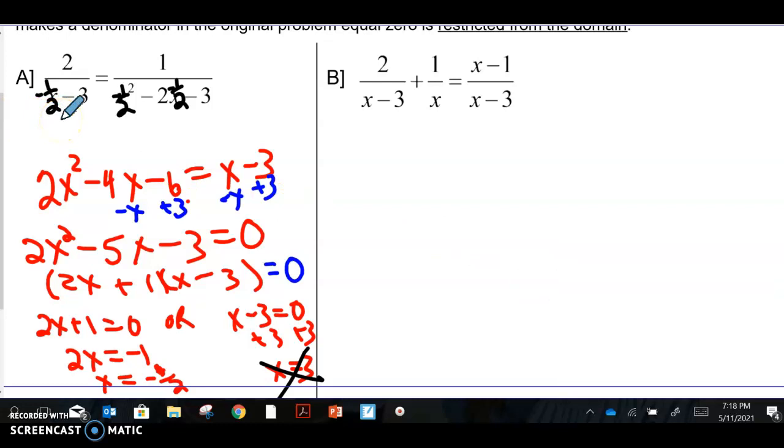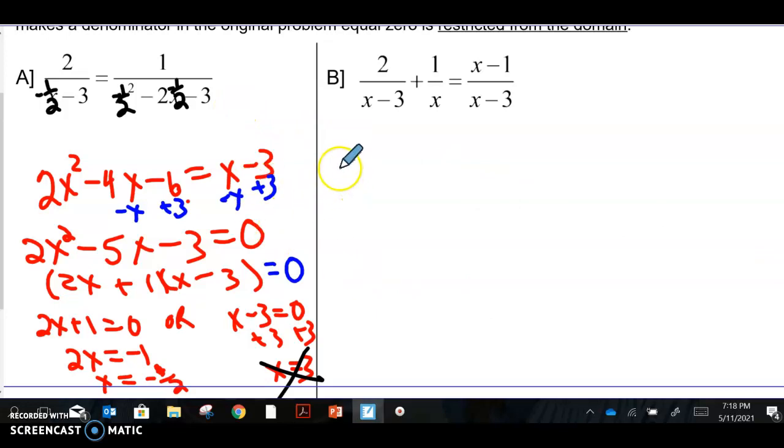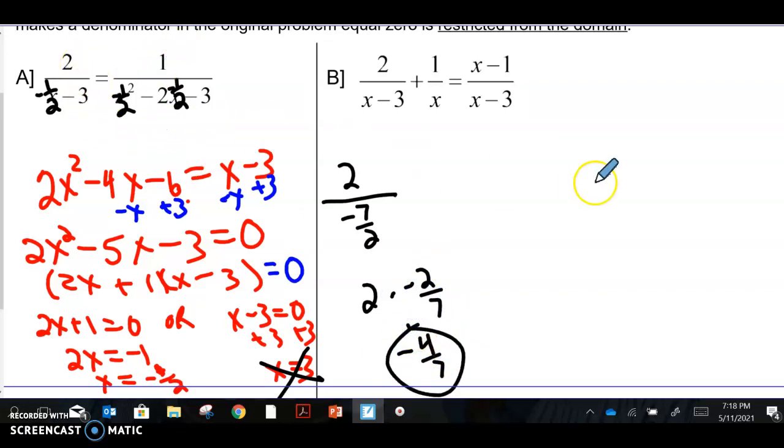When I do that, 2 divided by negative 3.5, that's negative 7/2. 2 divided by negative 7/2 is 2 times negative 2/7. So I get negative 4/7 on this side. Over here, I have negative 1/2 squared, which is 1/4, minus 2 times negative 1/2, that's plus 1. 2 times 1/2 is 1, minus 3. So 1 1/4 minus 3,